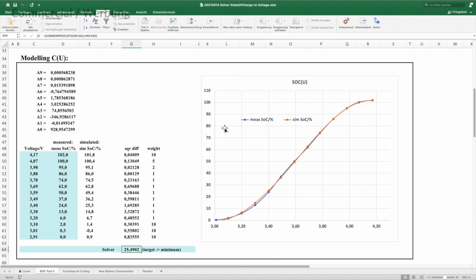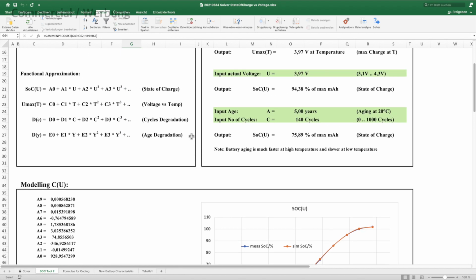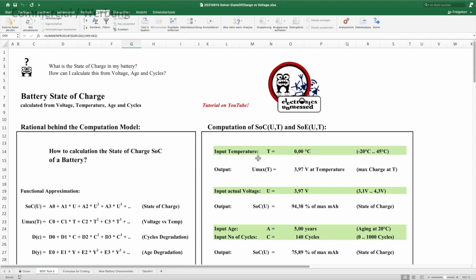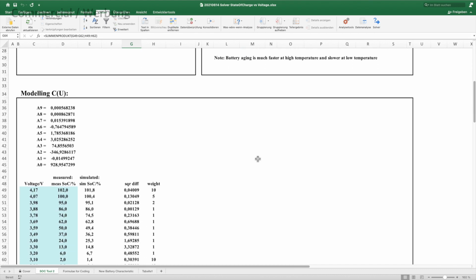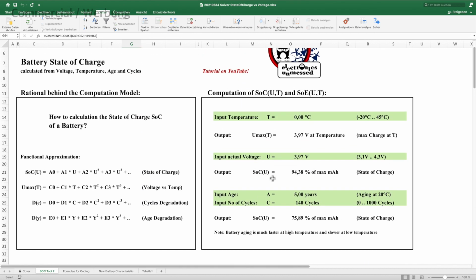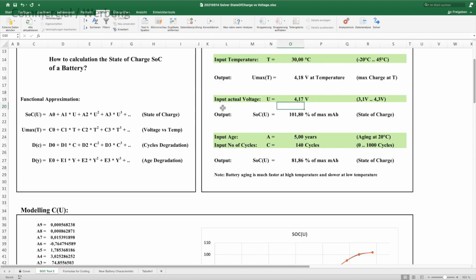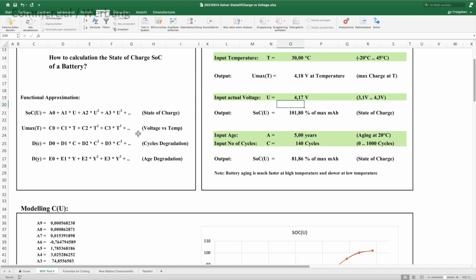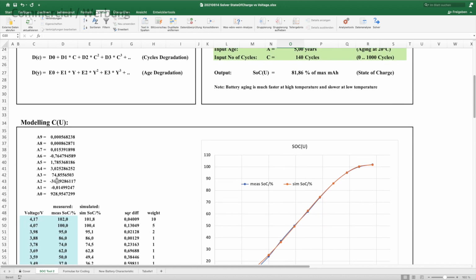My machine here is pretty fast, but you can assume that it takes thousands of iterations for this computation. Nice method, isn't it? We just let the machine do the hard work. The tool is now calibrated for your new type of battery.